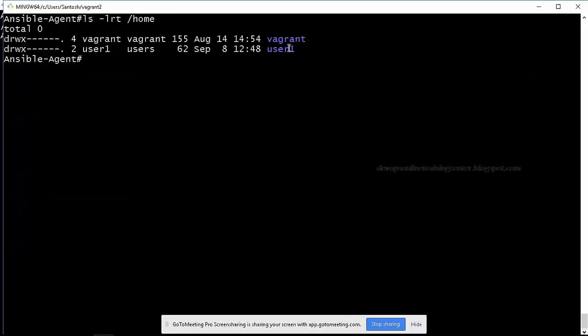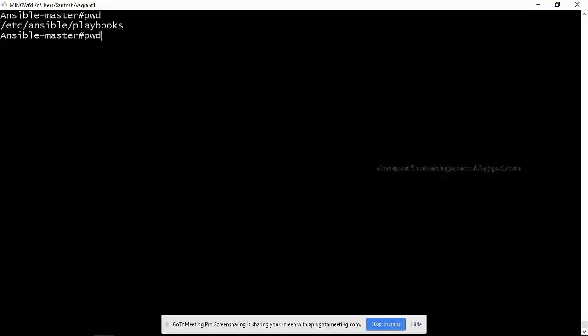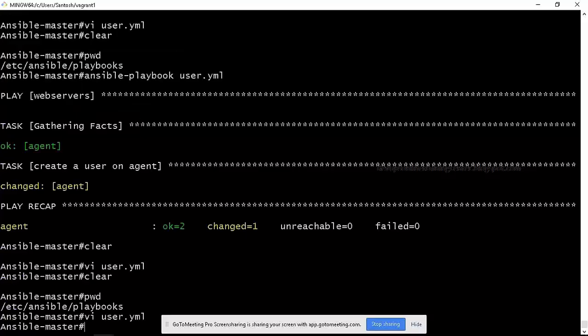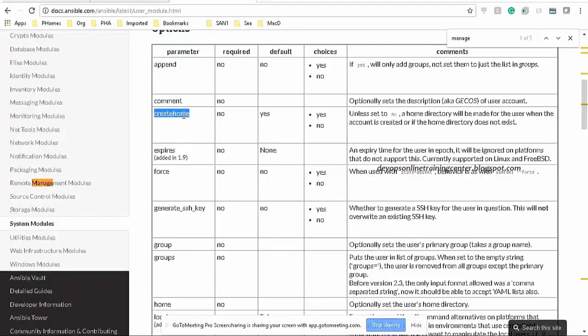Okay, it is created, fine. In some tools like Chef or Puppet, we have to specifically mention to create the home directory. In Ansible, by default the home directory will be created. I did not mention it, but it is created by default because for the create_home attribute the default value is yes. If you don't want to create the directory, we have to give create_home equal to no.